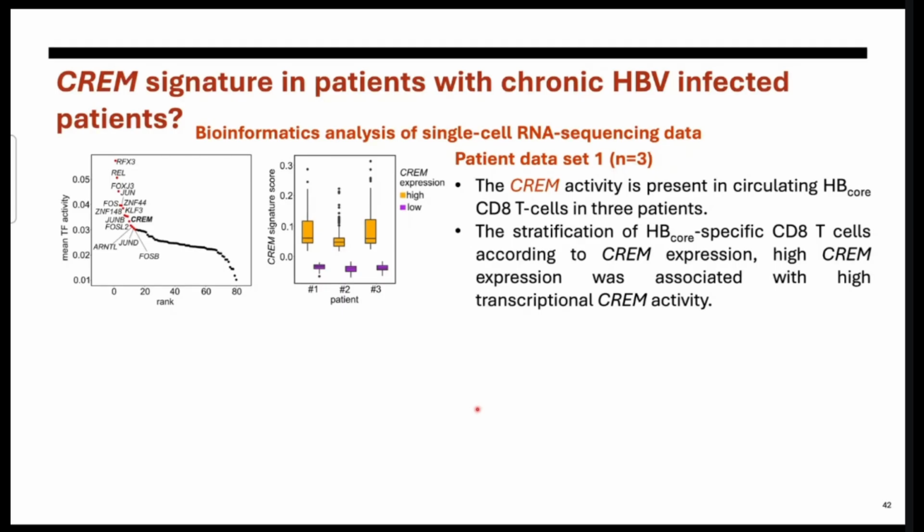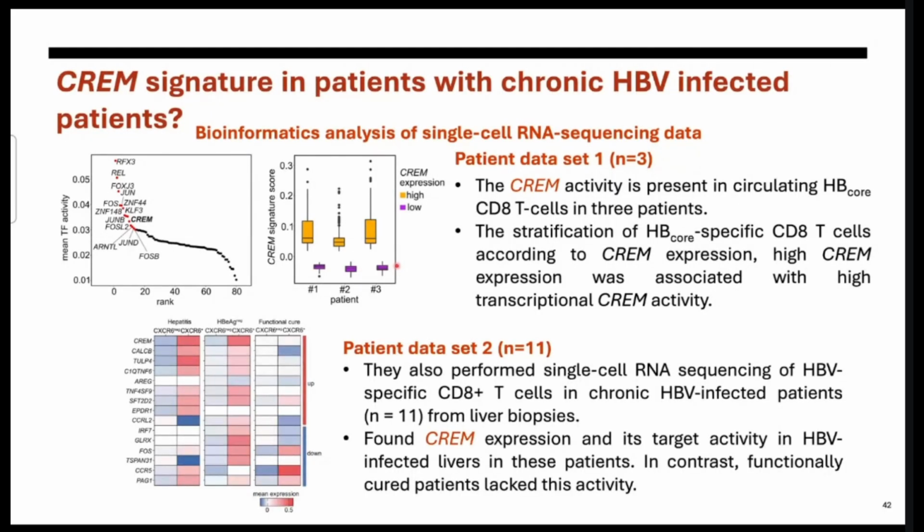So we started with 3 patients. That was dataset 1, where we performed single-cell RNA sequencing of HBV core-specific CD8 T cells. Here we saw again, along with other transcription factors, that the CREM signature is significantly enriched in each patient. As you see in this box plot, when we compare low expression and high expression, this particular CREM signature is high in each patient. But it's only 3 patients. So we also independently validated in another patient dataset with 11 patients, where we clearly see that CREM targets,